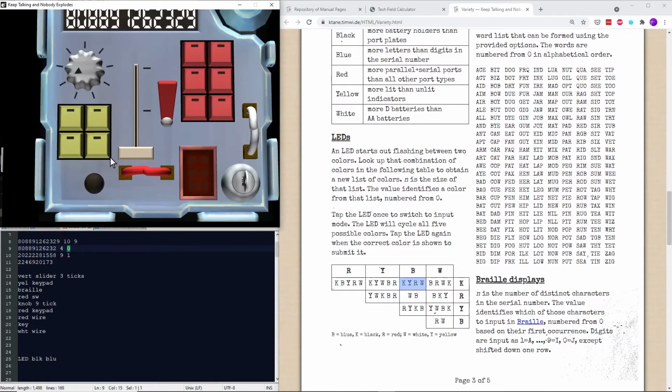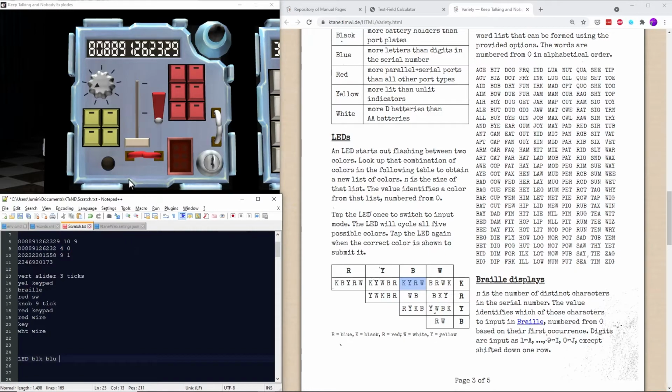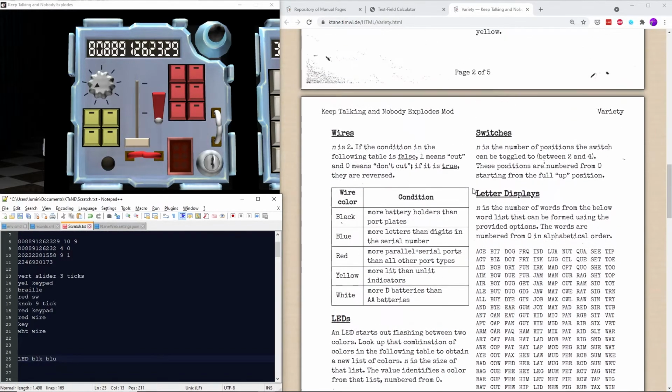So we're going to tap the LED. It's going to change into input mode, and we're going to wait for the black color to show up, and then we're going to tap it again. Red, yellow, blue, white, black. There we go. I tapped it on black. And so that's finished. We won't actually know if it's correct until we touch something else on the module, though,